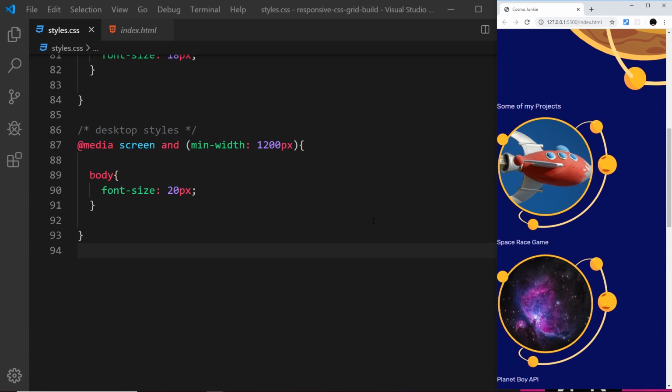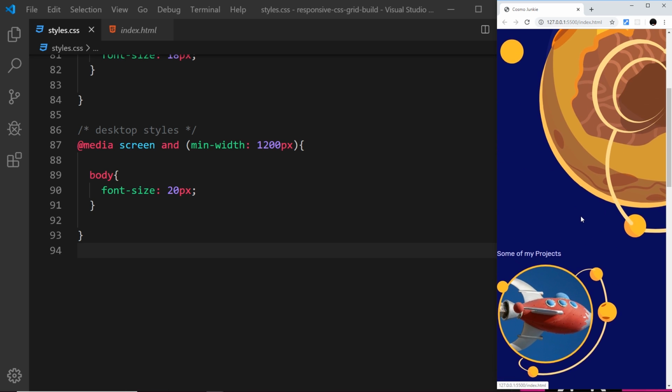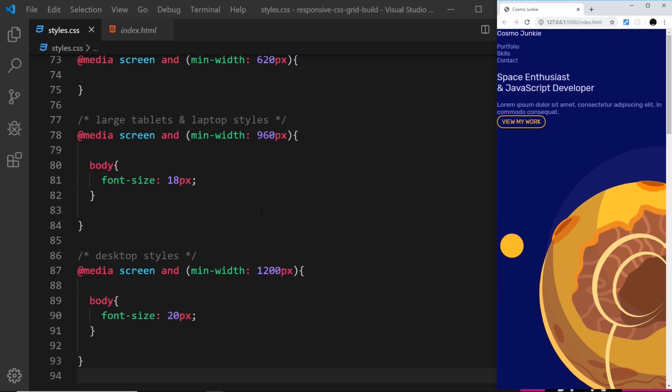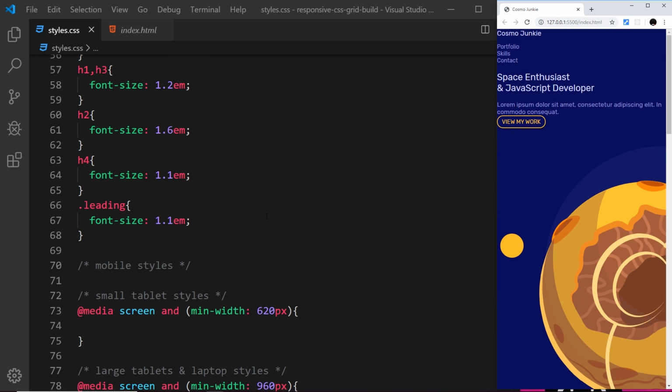Okay then gang, so I've deleted all of the grid testing stuff that we did because we don't need that junk anymore, and instead we're going to start to flesh out the mobile specific CSS rules for this design. So let's start at the very top, and in fact the first thing we're going to